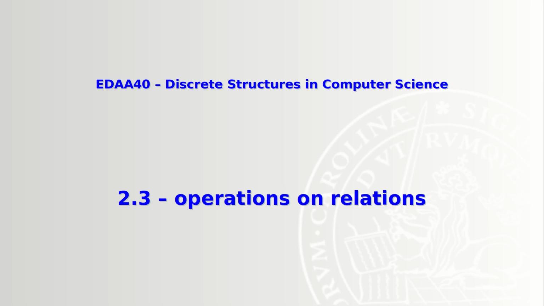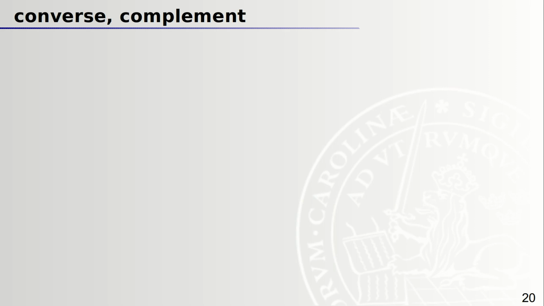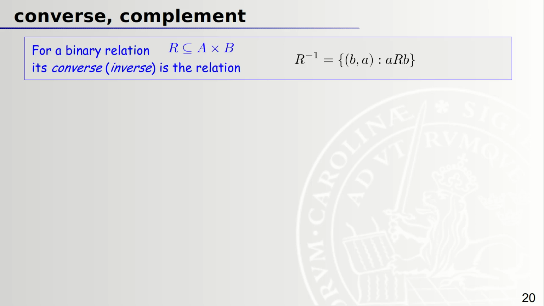Hi. In the previous segment, we introduced relations as subsets of Cartesian products. In this one, we shall look at some operations one can perform on these relations. First, we look at two operations on a single relation, namely the building of its converse, also called its inverse,